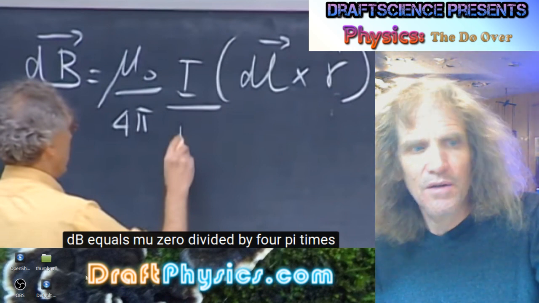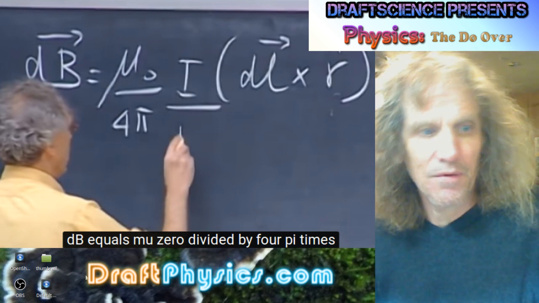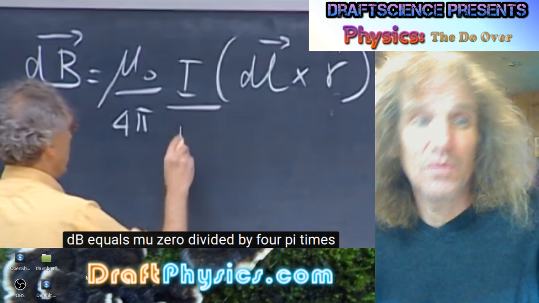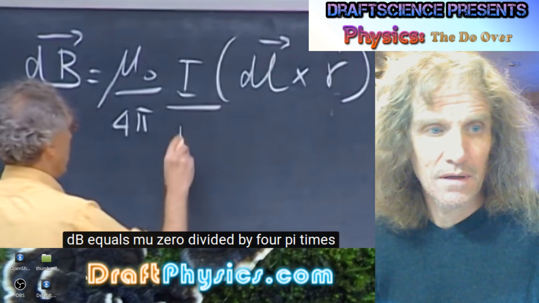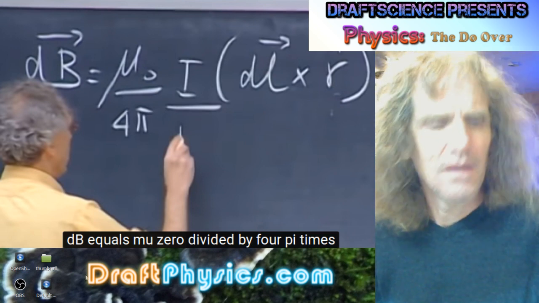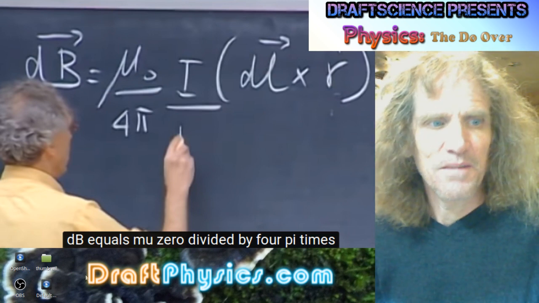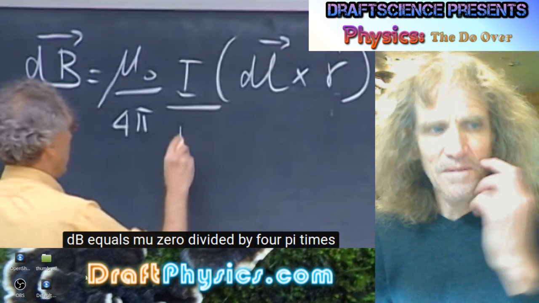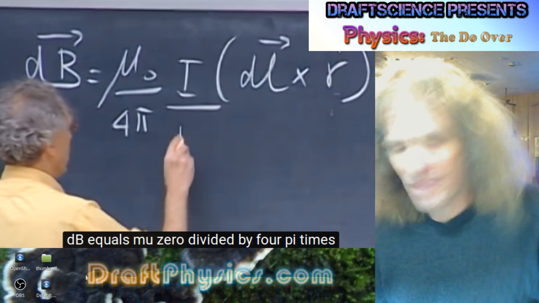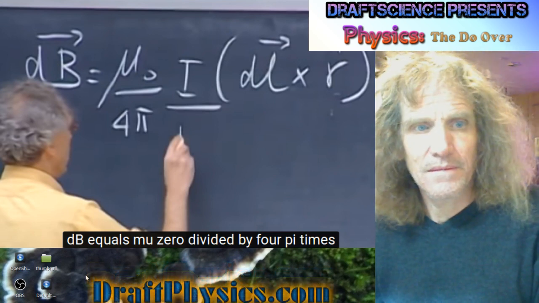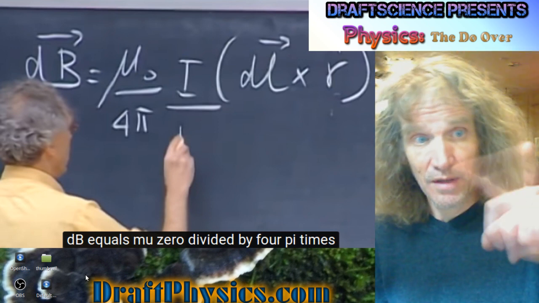So, it'd be nice to know, why is the mu zero in there? Why is the permeability of space relevant? 4 pi, why is it in there? What does it do? It's a real number, 12.5 or something. Why is it important? 12.5 divided into the permeability of space. And then dB, I don't even know what that is. That's a vector, so, I don't know. We know that d is an important thing, distance, and t is an important thing, time.